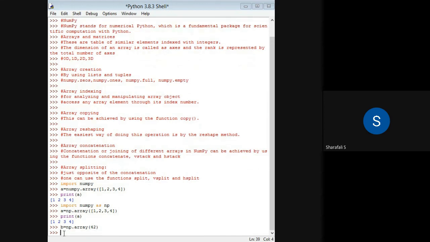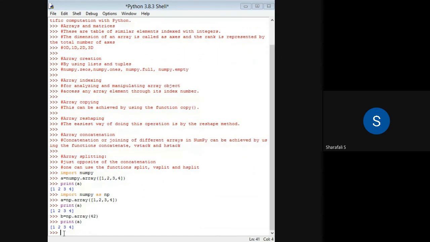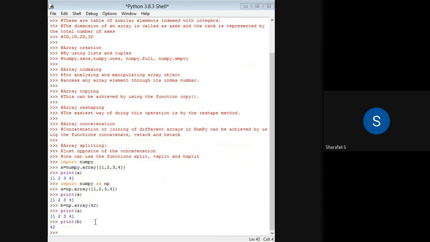If I take the print of that, print of a, then I will... oh, I think I have made a mistake here. I have to take the print of b, right? We had taken print of a. So now we'll get 42.